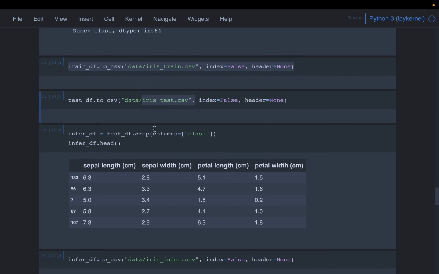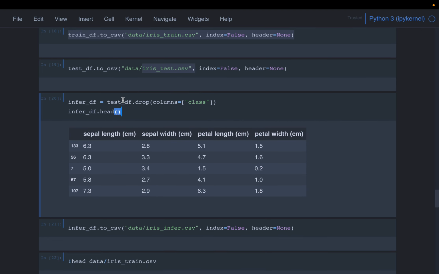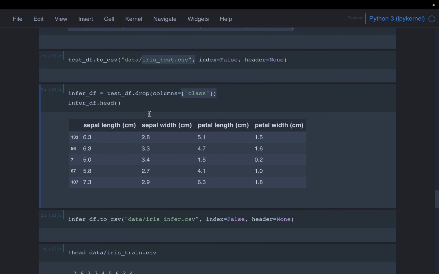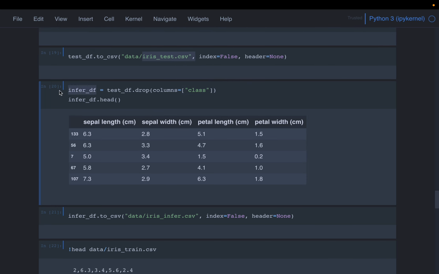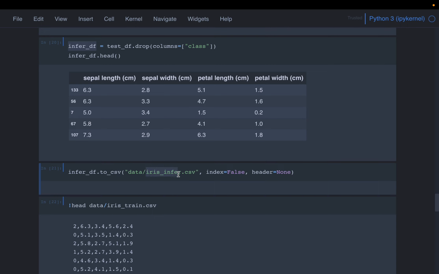After the model is trained, then we do the batch transform. By that time, the model has already learned how to map the features to the target variable. Now we want to test the model, so we will input only the feature values during the inference. So from the test data, we are simply dropping the class column, and we have created a new data frame called inferdf. This will have 4 feature variables. Now we are writing this to another file called